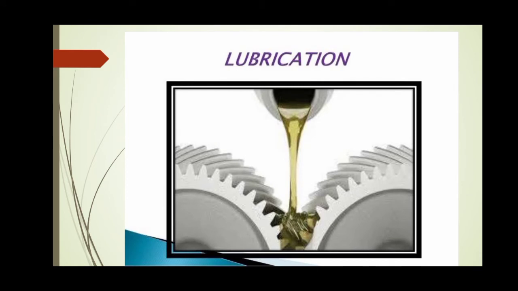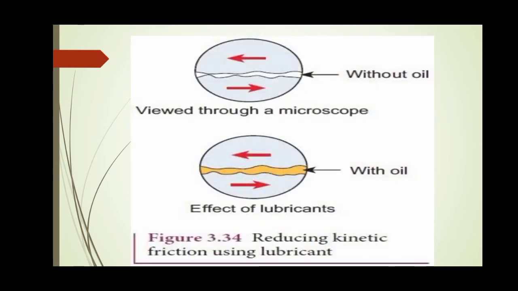Friction between two surfaces in contact with each other is due to the interlocking of uneven surfaces having irregularities on them. When oil or grease is applied between the moving parts of a machine, a thin layer of oil is formed between the two rubbing surfaces. This layer of oil separates the two rubbing surfaces a little bit, due to which their interlocking is reduced to a large extent. Since applying oil helps in avoiding interlocking between the two rubbing surfaces to a large extent, friction is reduced and movement becomes smooth.